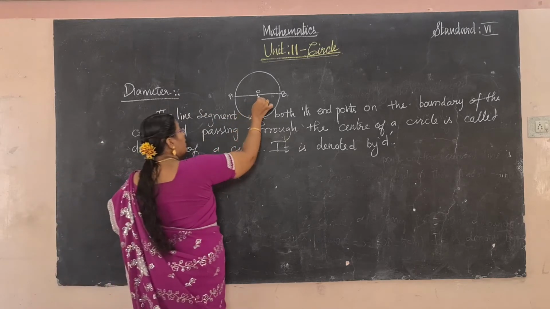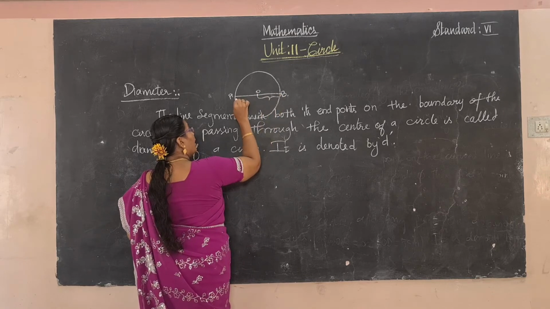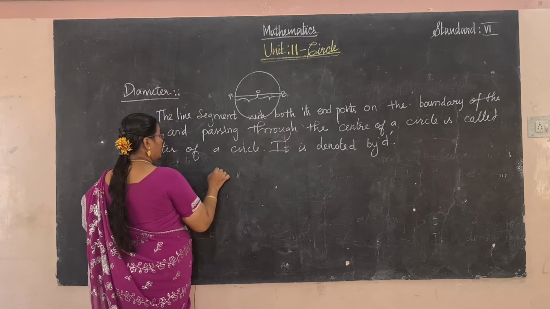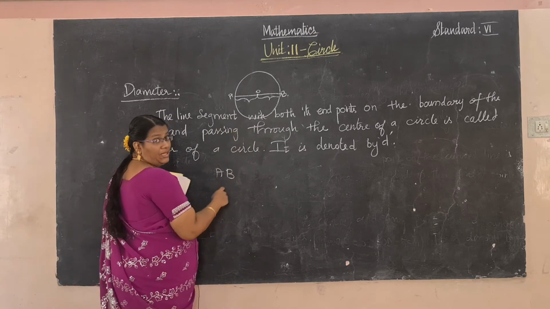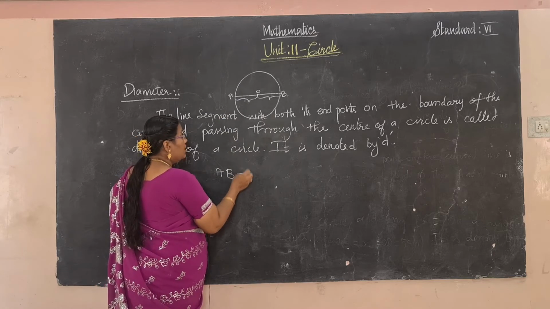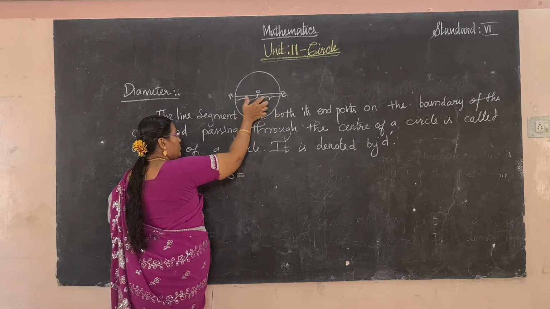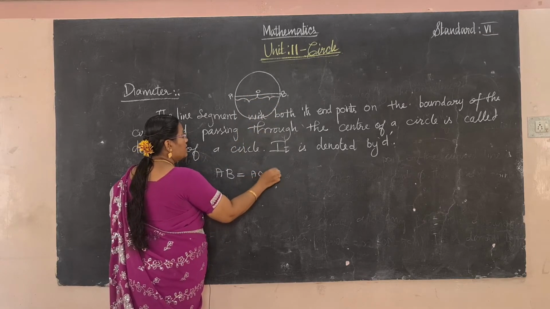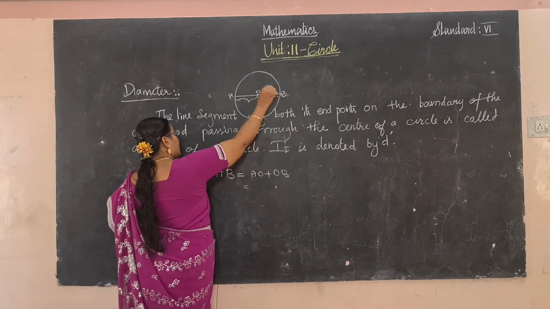The diameter is twice the times of the radius. Here AB is the diameter. So AB is equal to two values of the radius: we can add this radius and this radius, the radius OA plus the radius OB. For example, we consider R.